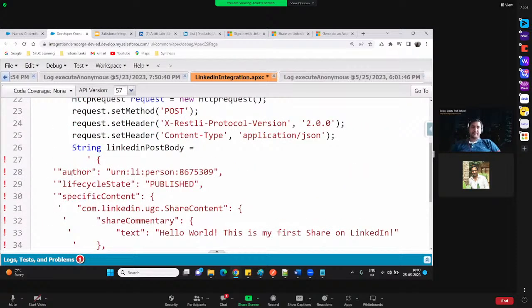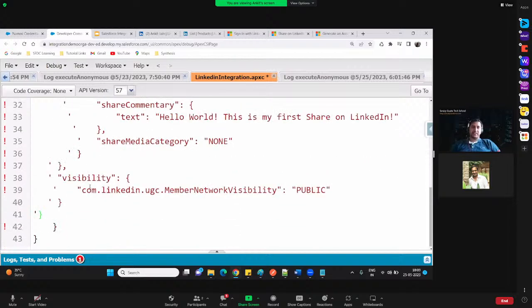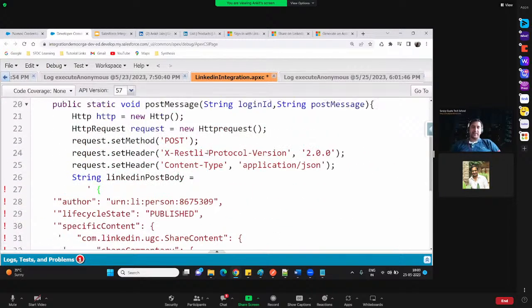So I have added my quotes here. This is the starting one and this is the closing one. So till here I have added that. Similarly, let me add the end quote as well. So here I am putting the end quote, and to concatenate the string, I am using the plus character here.